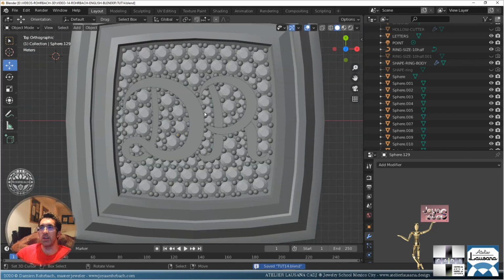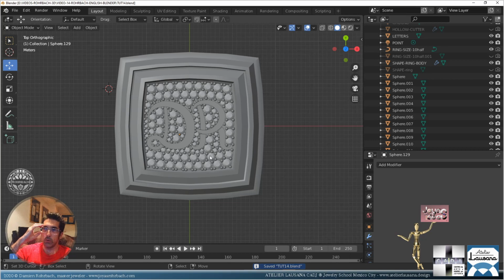And because I have the letters, oh, that's nice. That's nice. Because I have the letters, all automatic tools wouldn't give this result. And I did use the curve modifier and the array to distribute the stones and the prongs also, which is obviously a bit faster. So we are using technology and tricks and knowledge to make things easier and faster, but then we want to customize, so we need